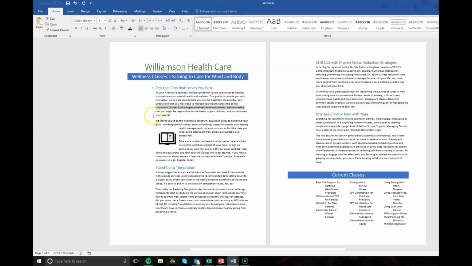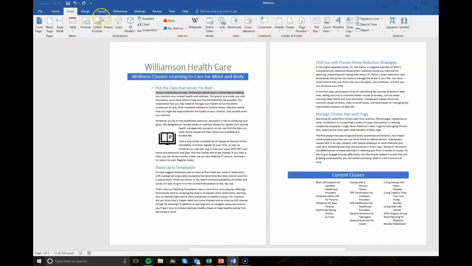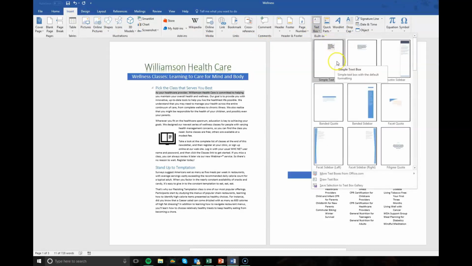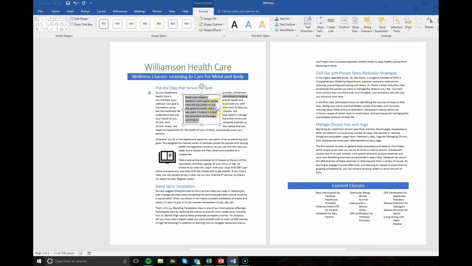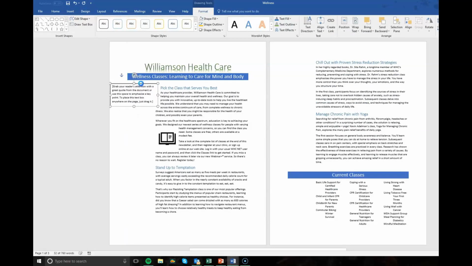Sometimes when you insert a text box, you're trying to pull out a quote that you really want your readers to draw their eye to. To insert a text box, select the Insert tab on the ribbon, go to Text, Text Box, and I'm just going to do a simple text box. I can move that to the left here, adjust the size,